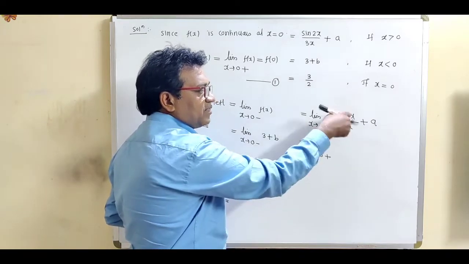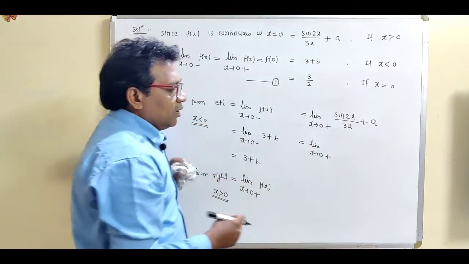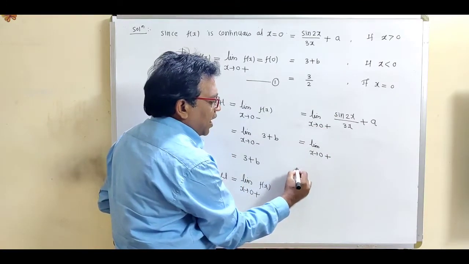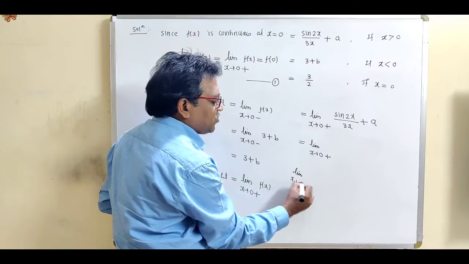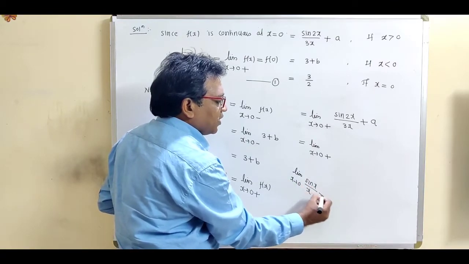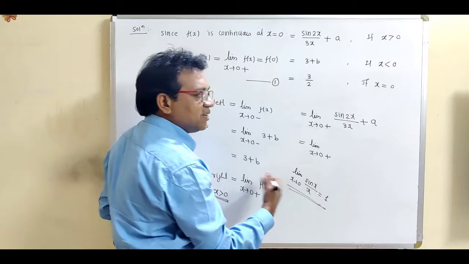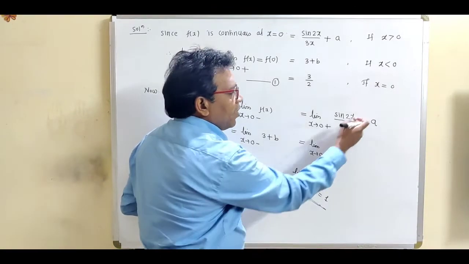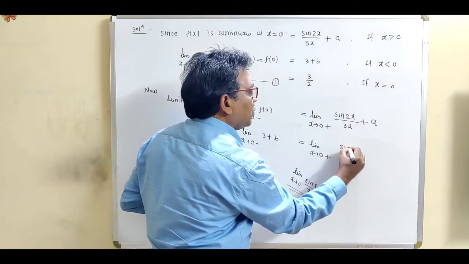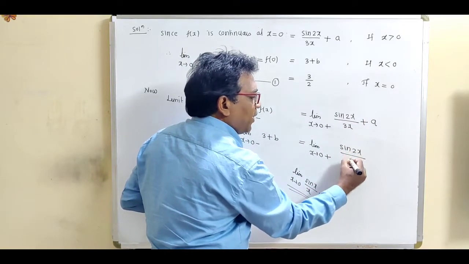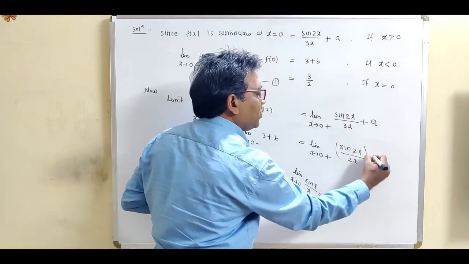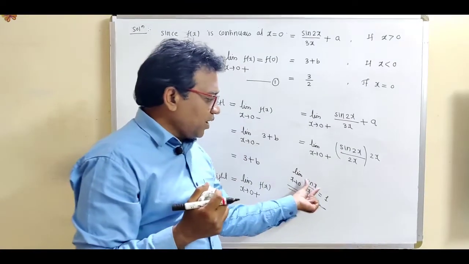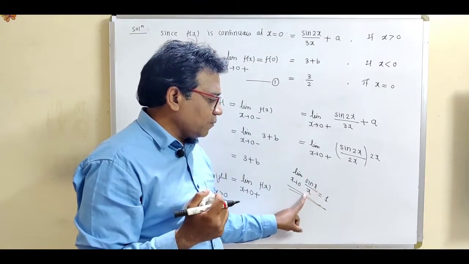Now this limit contains some trigonometric function. So how to solve the limit which contains some trigonometric term? We use this formula, limit x tends to 0, sin x upon x, this is equal to 1. Sin theta upon theta, as theta tends to 0, this is equal to 1. So we use this formula. So this is our required term sin 2x. In denominator we require 2x, so divide by 2x and multiply by 2x means there is no change. We want to use this formula sin x upon x, this is the required term.